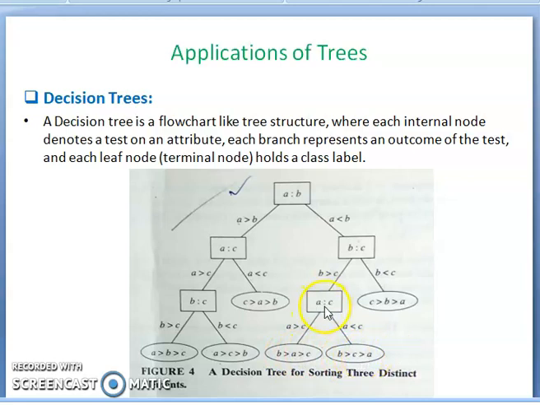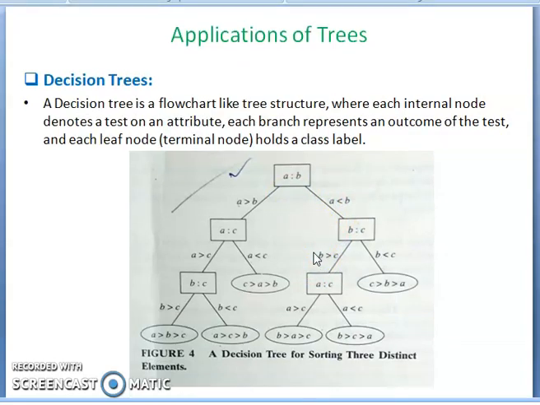If A is greater, then B is greater than A, greater than C. If A is less, B is greater than these two, and if B is greater than C, then C is greater than A. And if B is less than C, but B is greater than A, then C is greater than B, greater than A. This is the decision tree, for testing whether A is the highest value among these three.